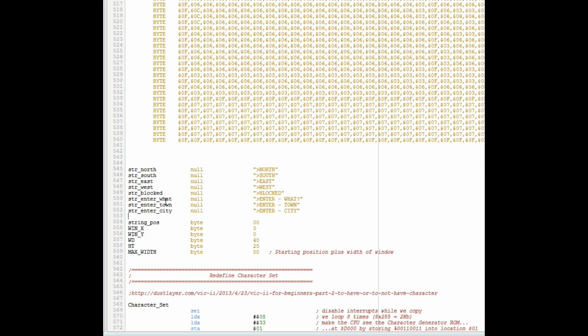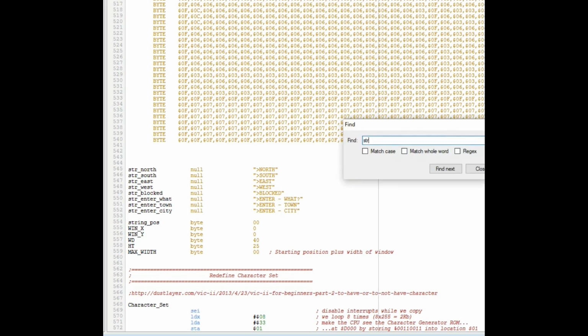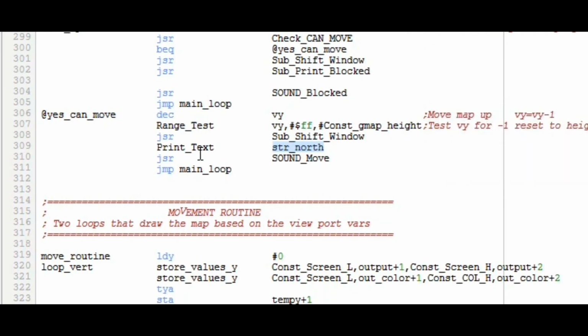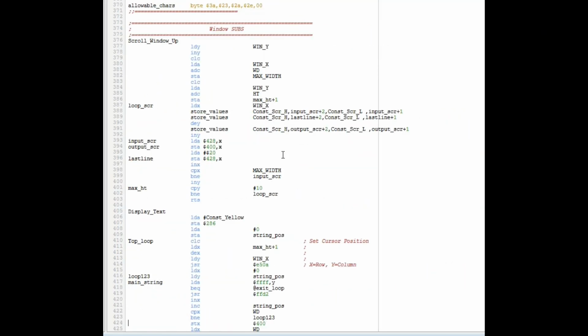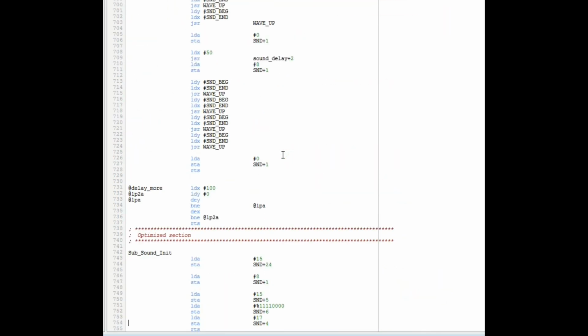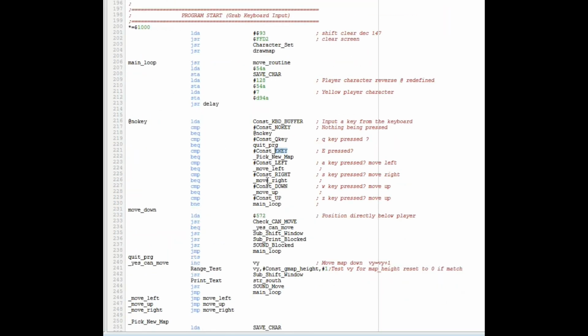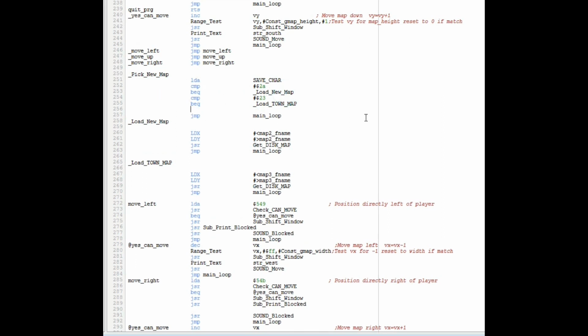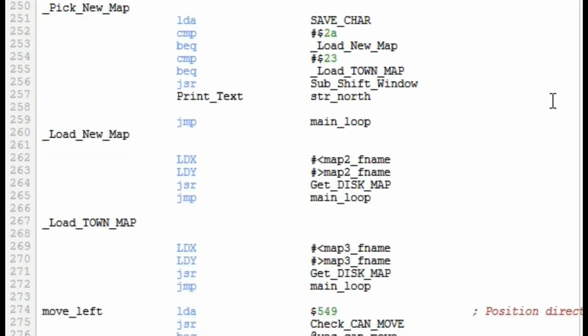Then we sort of need to mimic how we're doing the text in the other area, and by mimic, I mean copy. So let's copy this and then put that in where it needs to go. Pick new map, load new map. So right when it picks the map, if you hit E, you get right here: you pressed E to enter. Now if it doesn't find one, this is where I want it to say